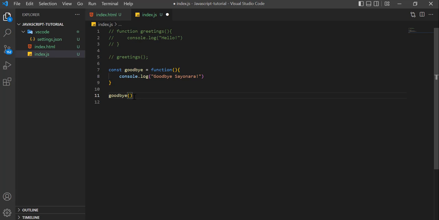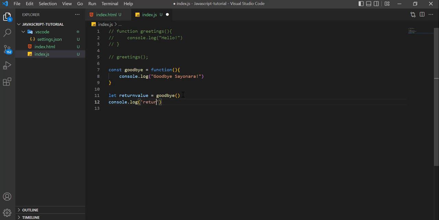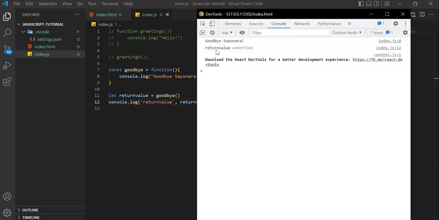If I go ahead and assign the value from the goodbye method into a variable called returnValue, and if we try to print that value in the console, you would see that even though we are not returning any value from the function, it by default returns undefined if there is no return statement. So if I save this one and we go back and open, you can see the return value is undefined